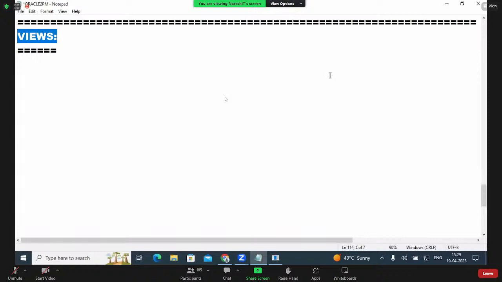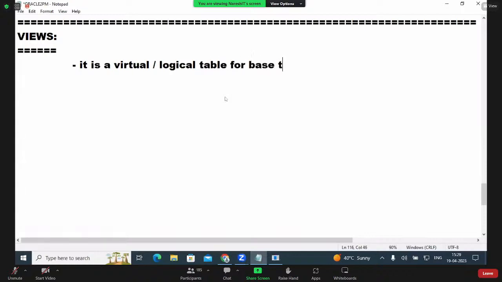Don't ask. Concept clear? Now we will take some points on this. Right now, animation is different here. Right, view. It is a virtual and logical table for base table. Your base table means